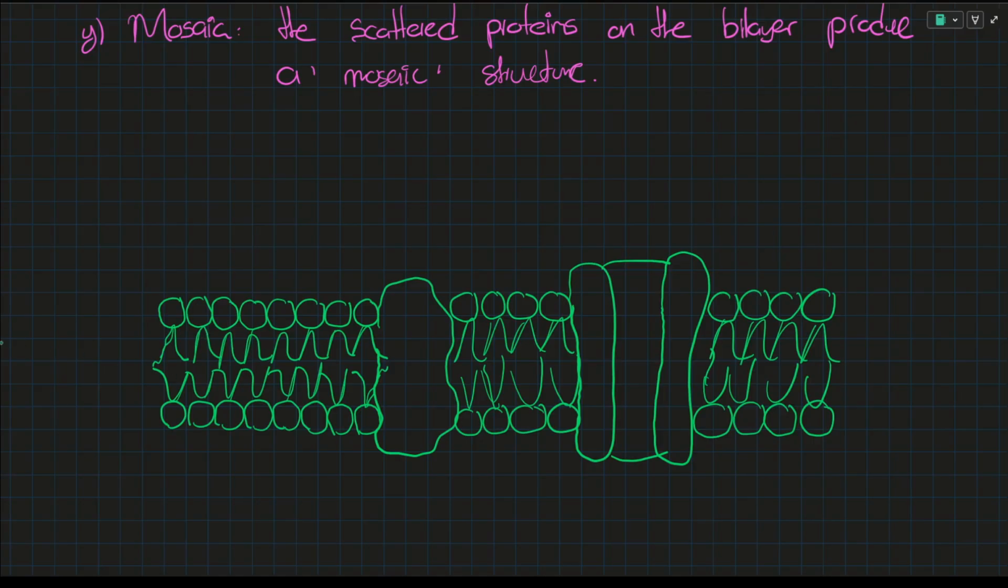Okay, we'll start with what we already know. This is simply a phospholipid. This is one layer. This is the second layer. Both of them together make up the bilayer. Now,